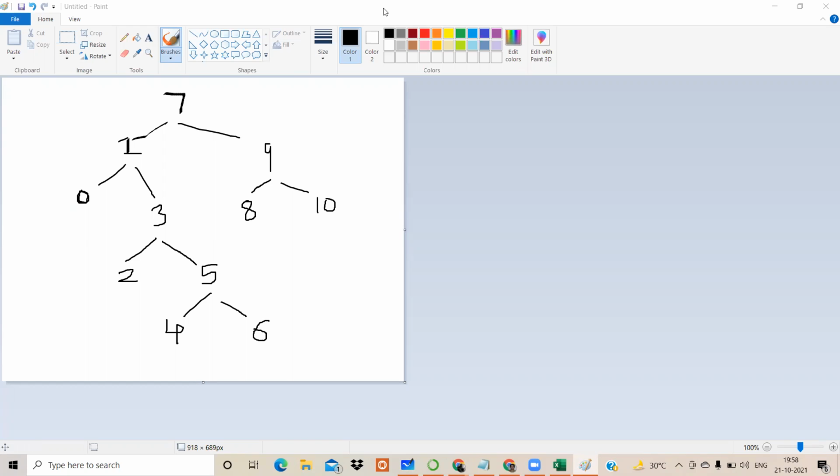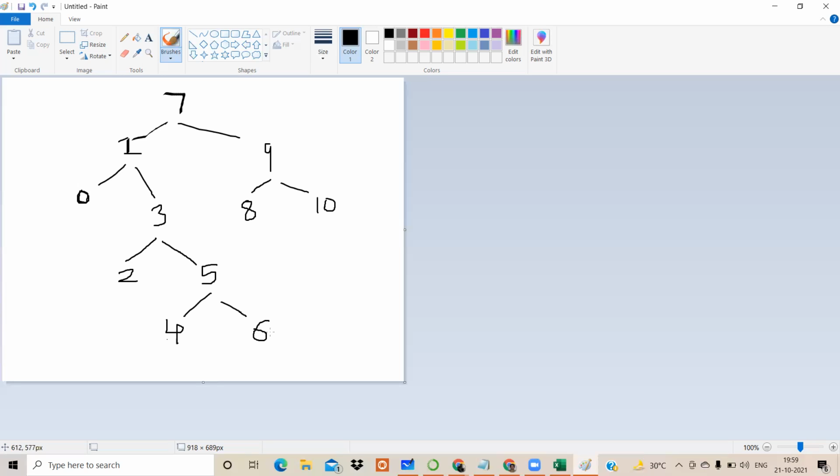So the first element that it is going to print is the leftmost, that is nothing but 0. Then it will check the right of that 0. So uske right mein 3 hai. 3 itself is a root, so that won't be traversed. It will check the left side of that, so it is going to print 2 after that. 2 के बाद it checks the next one is 5, but 5 won't be printed as it is again a root. That means इसके बाद जो print होगा that will be 4.